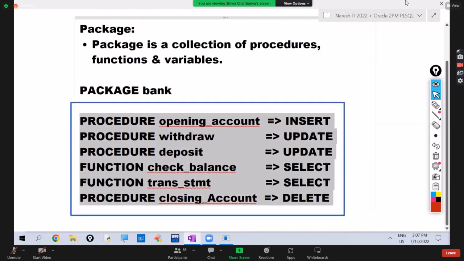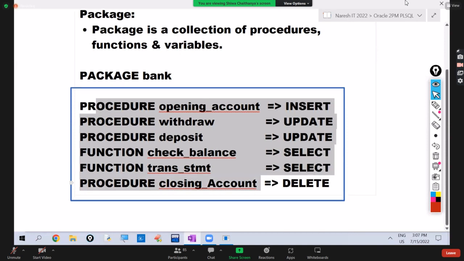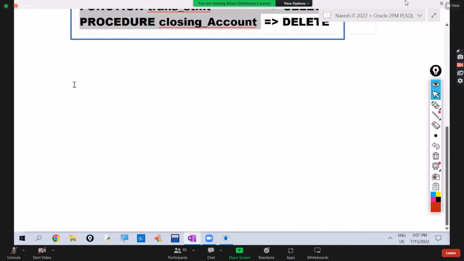And we can also declare variables here. So it is a collection of procedures, functions and variables. All related procedures and functions we can place in one place. This is the advantage we are getting. The first advantage here is,